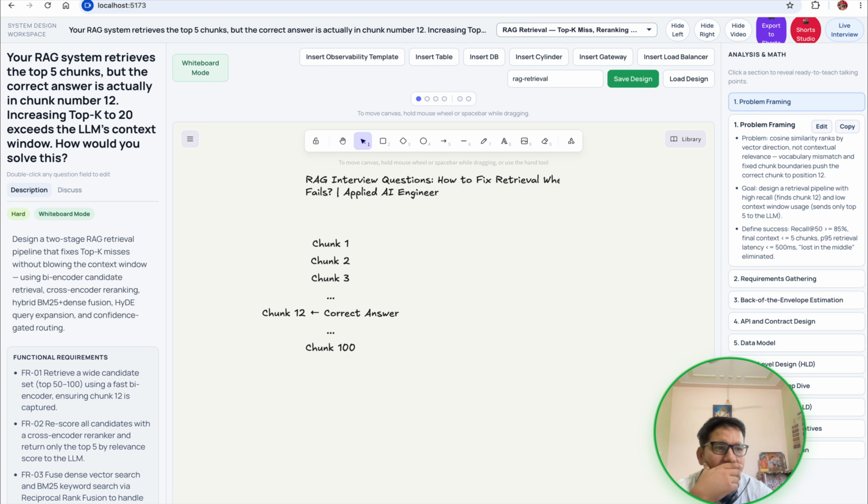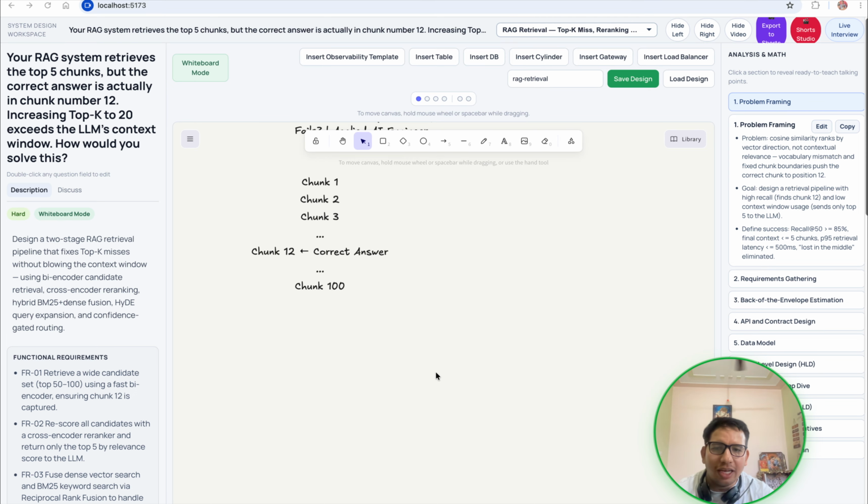Your vector database retrieves the top 5 similar chunks: 1, 4, 18, 27, 31. You notice something? Chunk 12 never appears.